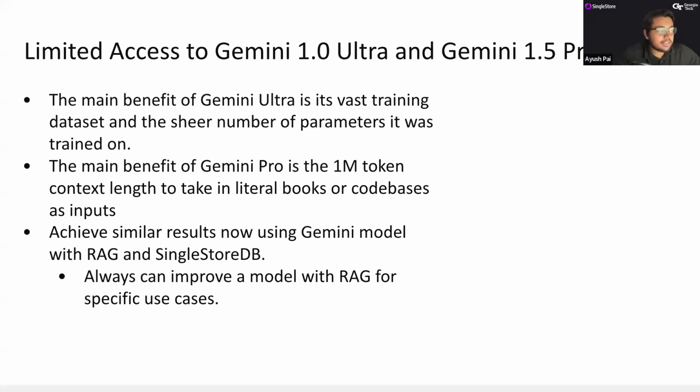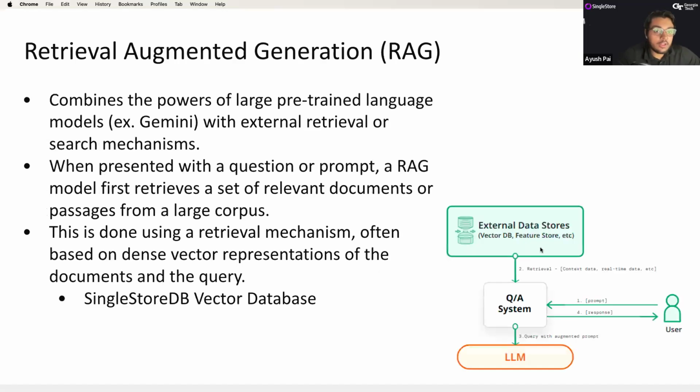Because obviously we can't access these APIs yet unless you have special access. So we can actually do something pretty similar using RAG. I talked about RAG a little bit earlier, but I'll expand a little bit on it now. RAG combines the powers of large pre-trained language models, right, with external retrieval or search mechanisms. And when presented with a question prompt,